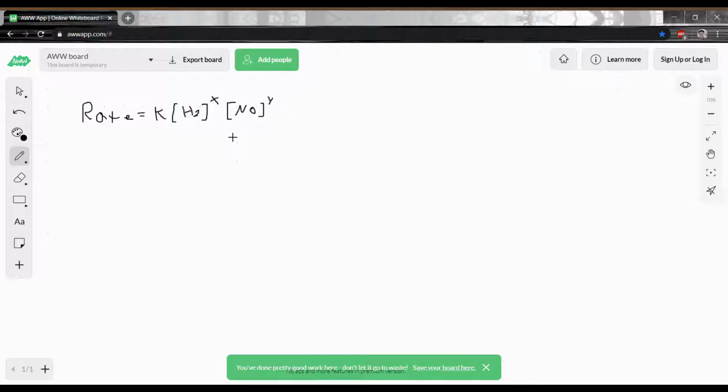So what we need to do is we are going to take 2 trials where one of the concentrations remains the same. So first, let's just take trial 1 and 2, where the concentration of H2 remains the same, and we'll plug those values in. So the rate of trial 1 was